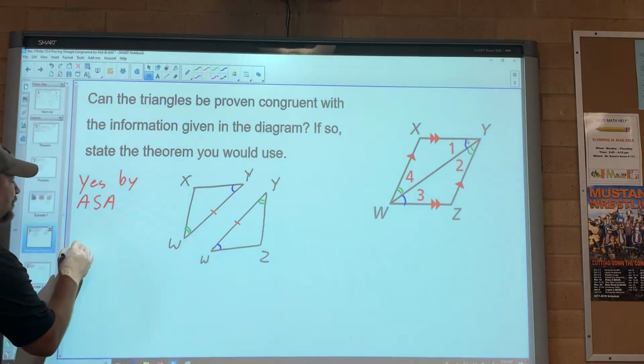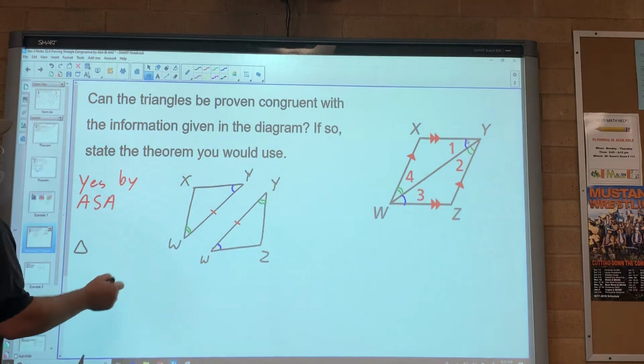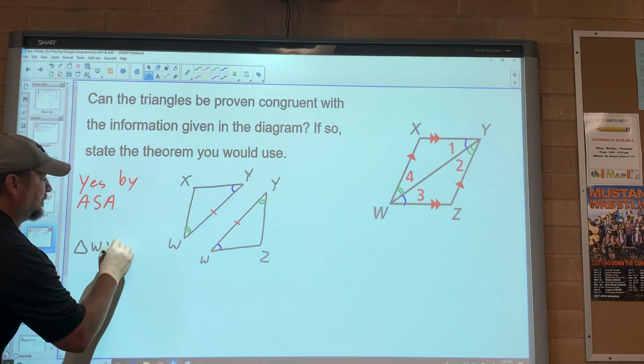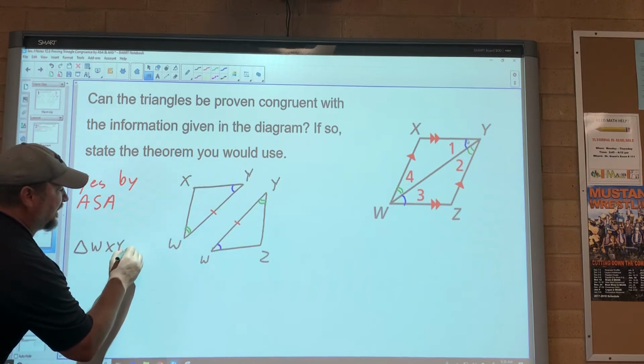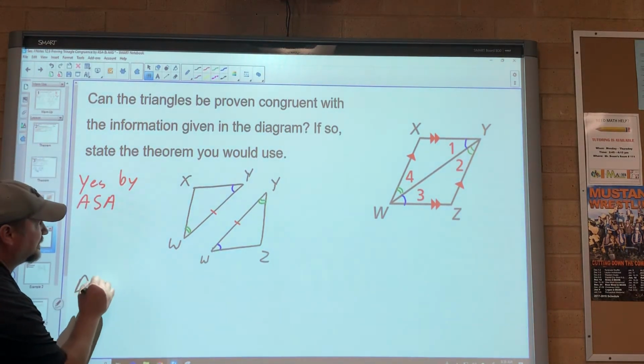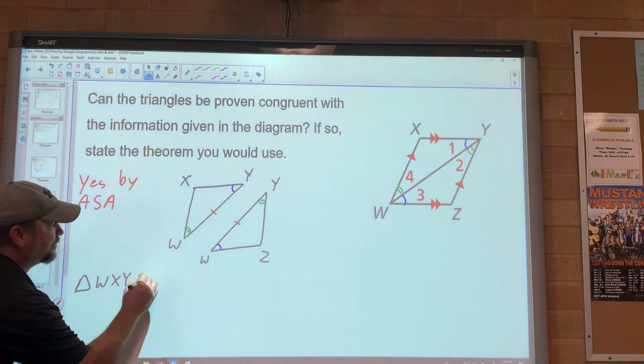So watch. Triangle. Now it doesn't matter how you start your first 3 letters. Pick any 3 letters you want. I'm just going to say W, X, Y. And that is going to be congruent. I'm going to write it a little bit lower. Triangle WXY is congruent to